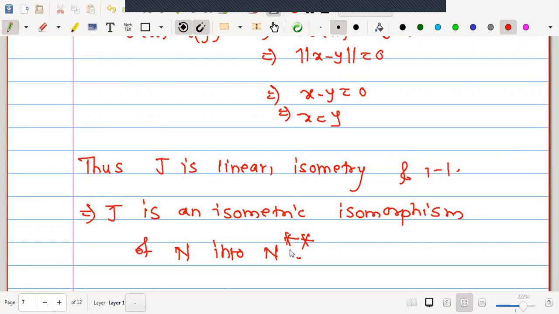In the last lecture we discussed this in detail. Therefore, I hope you have understood today's lecture. Only one theorem we have taken: the natural embedding is an isometric isomorphism. If you have any query, you can ask me at any time.